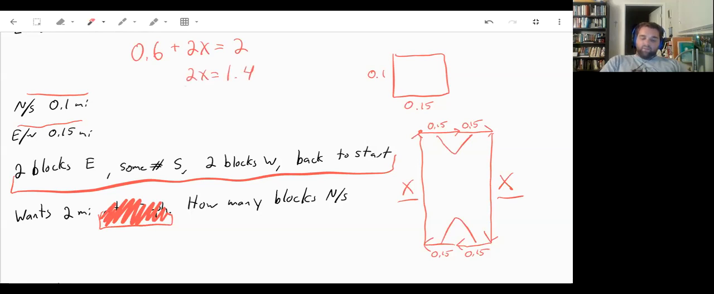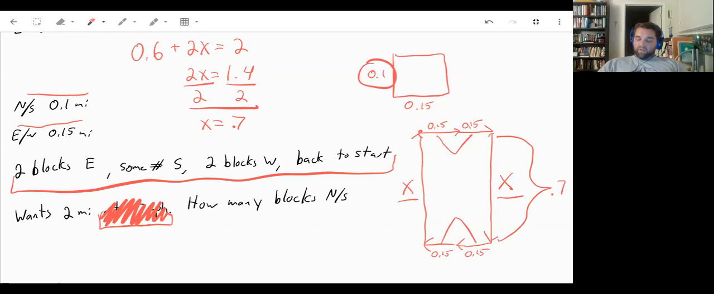And now we can divide both sides by 2, which will tell us that x has to equal 7. So our total distance here has to be, oh, not 7, but 0.7. So that has to be 0.7 miles. The nice thing is that we know that each one of those blocks is 0.1. So for us to go north and south 0.7 miles, that means it would be 7 blocks, or 7 lengths